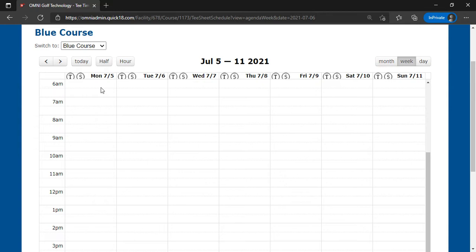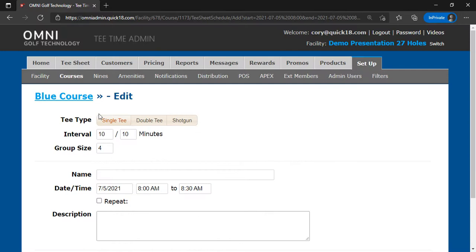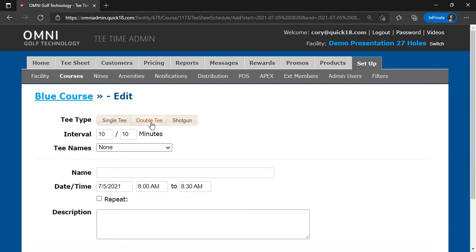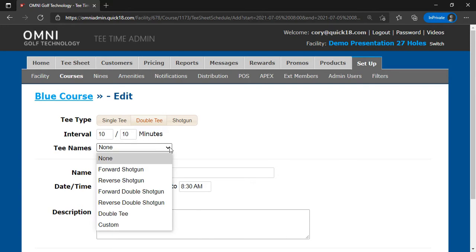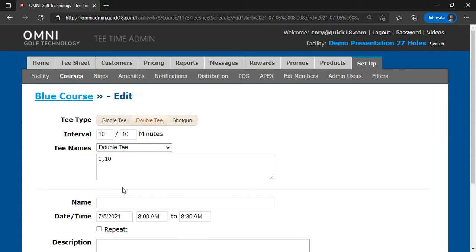Once again, we will begin by clicking in the column for July 5th. This time, instead of a single tee, we will choose the double tee from the tee type option. We will again go with 10-minute intervals. Notice now that we have a new option that has appeared called Tee Names. This drop-down box is filled with default tee name options already built within the admin. By choosing the double tee option, the system will program the tee sheet to display tee times for both hole number 1 and hole number 10. After we enter the name,